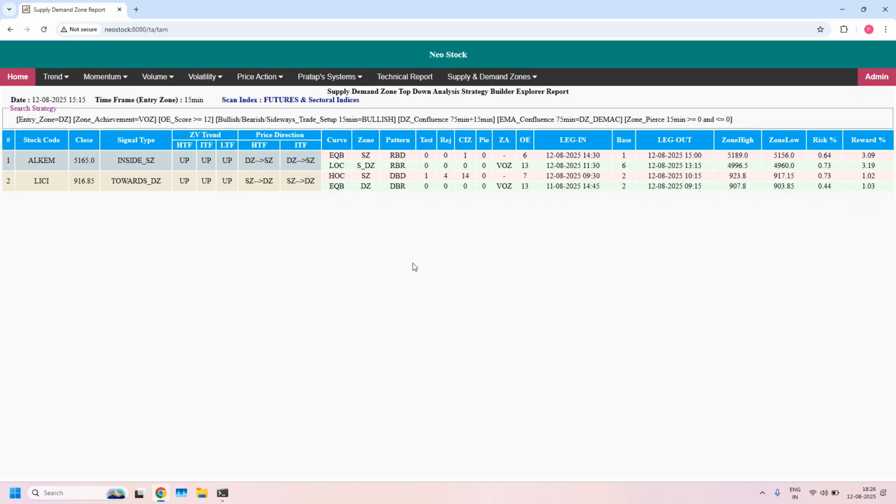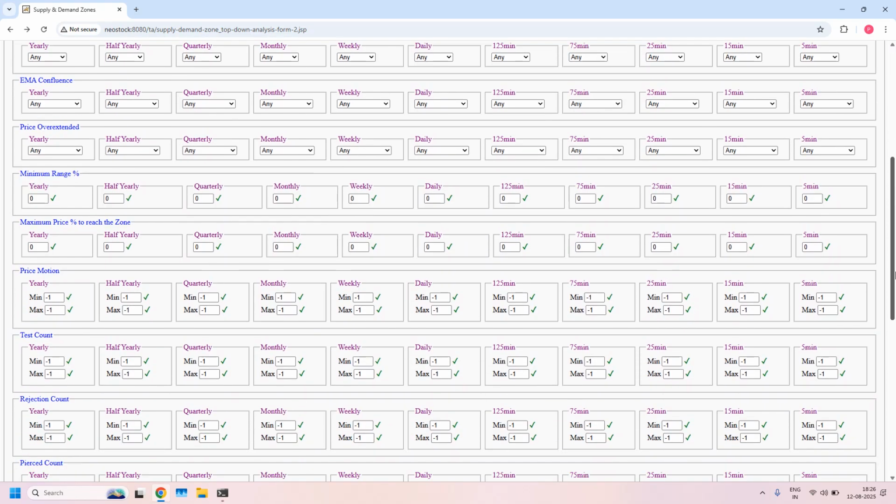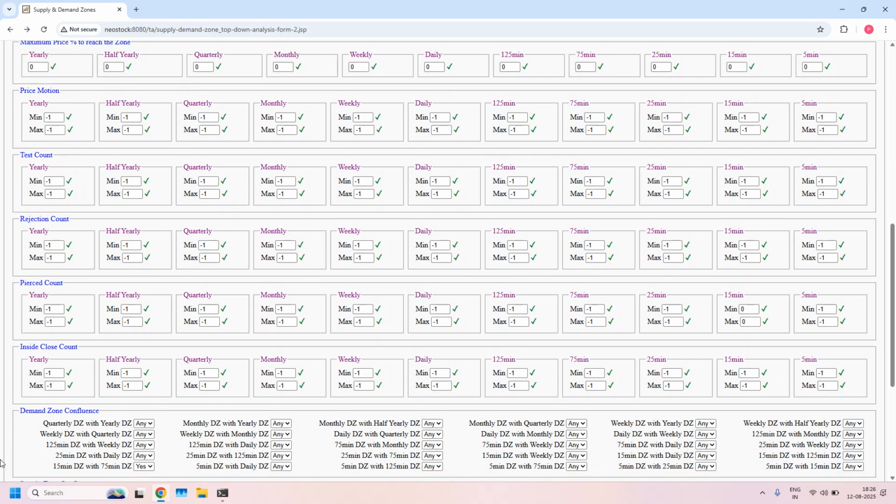Okay, next let us look into LTF, ITF and even HTF demand zone confluence supported stocks. 15 minutes, 75 minutes and daily demand zone confluence supported stocks. I am removing this ITF EMA filter. In the demand zone confluence, 3 filters we have to set. First one is already enabled. Next 15 minutes and daily demand zone confluence. 75 minutes and daily demand zone confluence. With all the 3 filters,